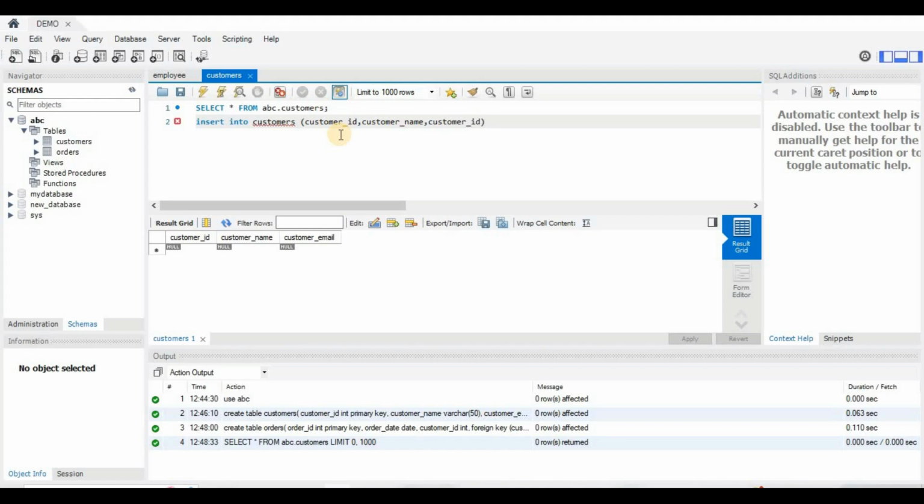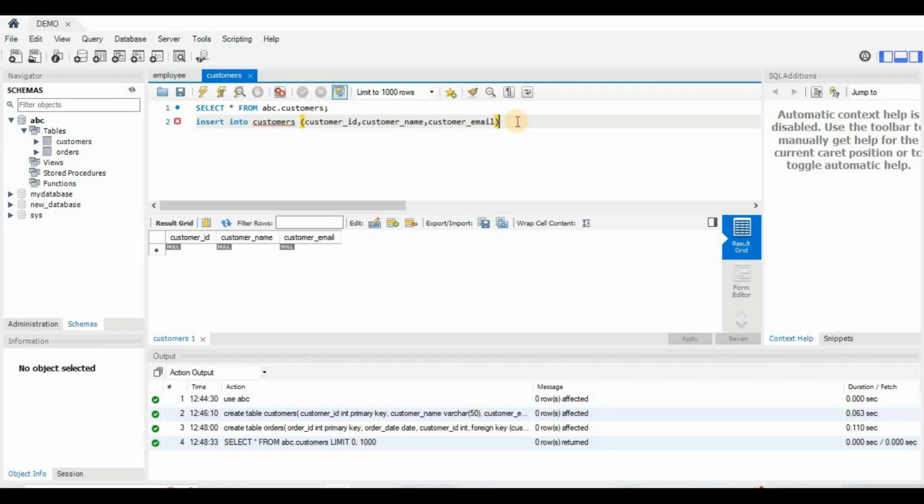So I have taken 3 parameters from our columns, where we have to put the data. First of all is our customer ID, customer name, and customer email should be the last one.